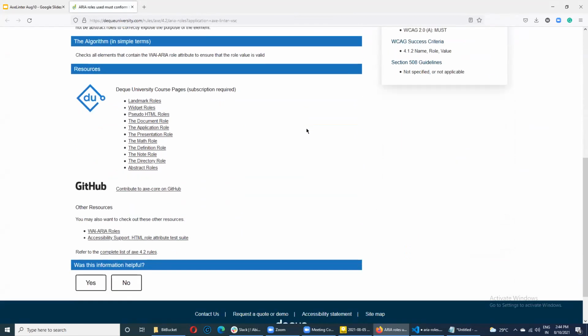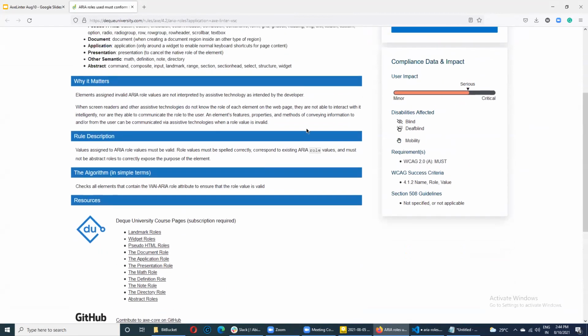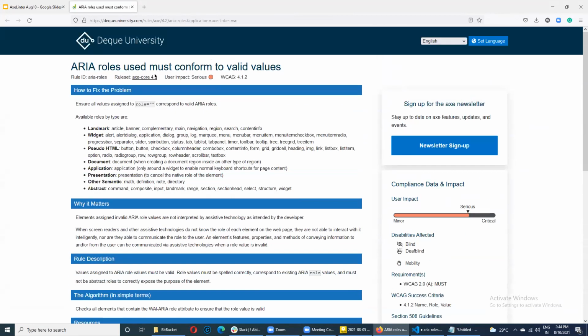So this is the benefit of using Axe Linter. It gives you a complete, detailed view of what the problem is and how we can fix it. It also provides you links where you'll have more knowledge about the problem. So it's a good education for us to read and understand the problem.